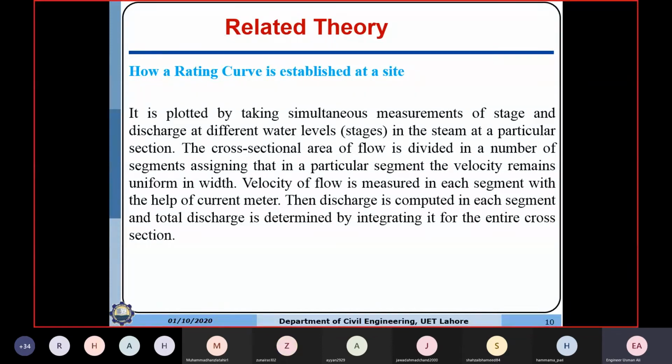तो हम चूँकि डिस्चार्ज मेजरमेंट करना इतना आसान प्रोसेस नहीं है, साल में एक आध दफ़ा या 2 साल में एक आध दफ़ा किया जाता है इस प्रोसेस को, ताकि हम चेक कर सकें कि रेटिंग कर्व जो बनाया गया है वो valid है कि नहीं, या उसमें कोई चेंजेस तो नहीं आ गई। Otherwise जो daily हम रिपोर्ट करते हैं डिस्चार्ज किसी भी रिवर पे, तो वो यही है कि we just find out the water level there, और रेटिंग कर्व को यूज़ करके हम उसके डिस्चार्ज को रिपोर्ट करके वहाँ लिख देते हैं, रजिस्टर जो भी रिकॉर्डिंग का होता है, या हम उसको रिकॉर्ड कर लेते हैं। So this is the use of rating curve, again, to report the discharge on daily basis.